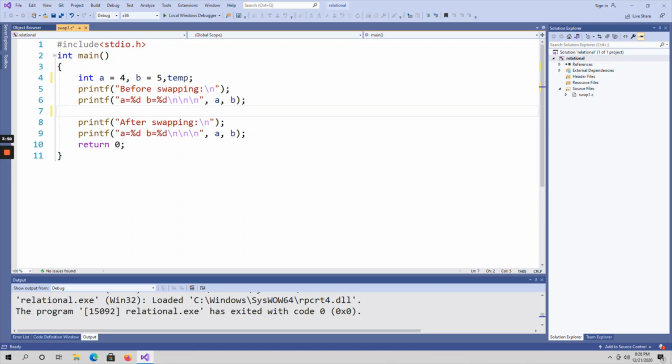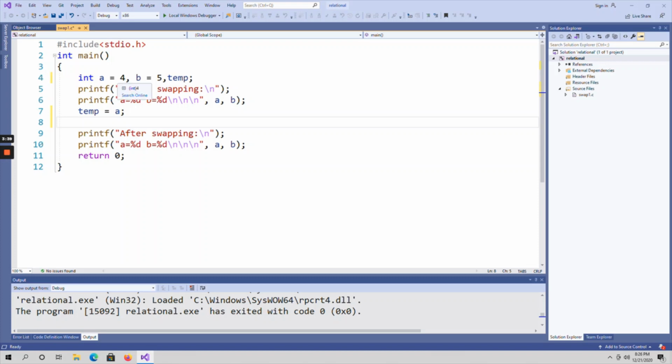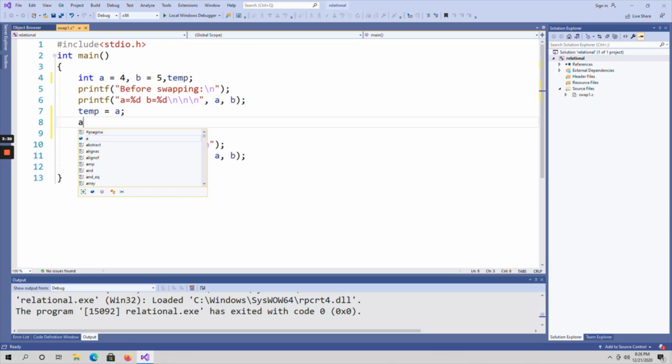First of all, what I am doing is, A's value I am going to store in the temp variable. A's value means 4. So this 4 value is now assigned to the temp variable. And B's value, what is the value of B? B is holding a value of 5.